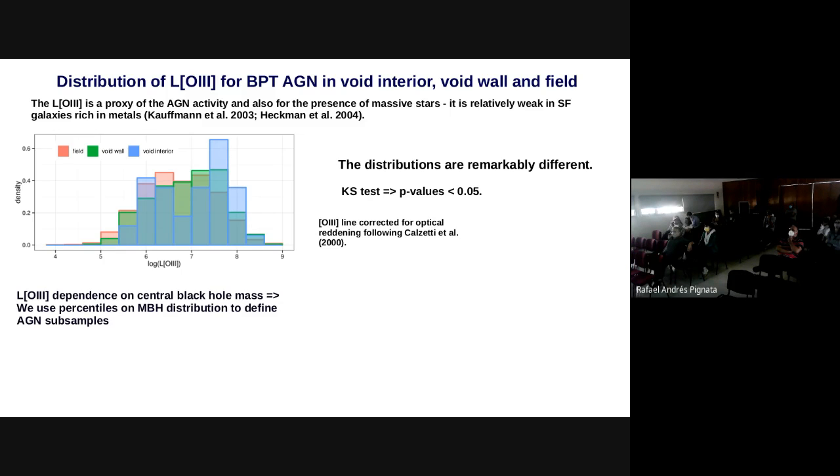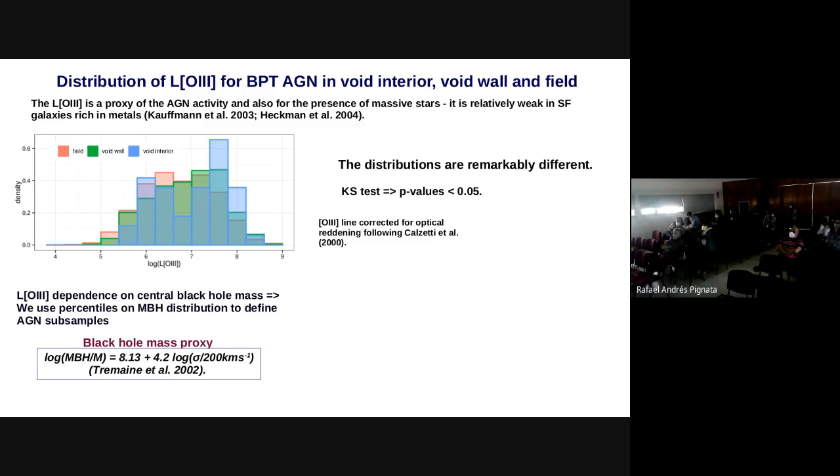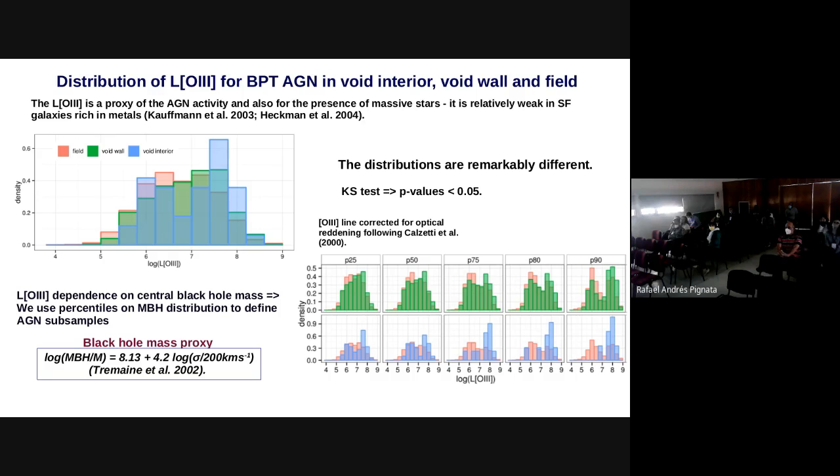But the luminosity of [OIII] is related with the black hole mass. So in order to avoid these possible biases, okay, well, let's continue. We use a proxy for black hole mass, and we select samples according to the black hole mass percentiles,